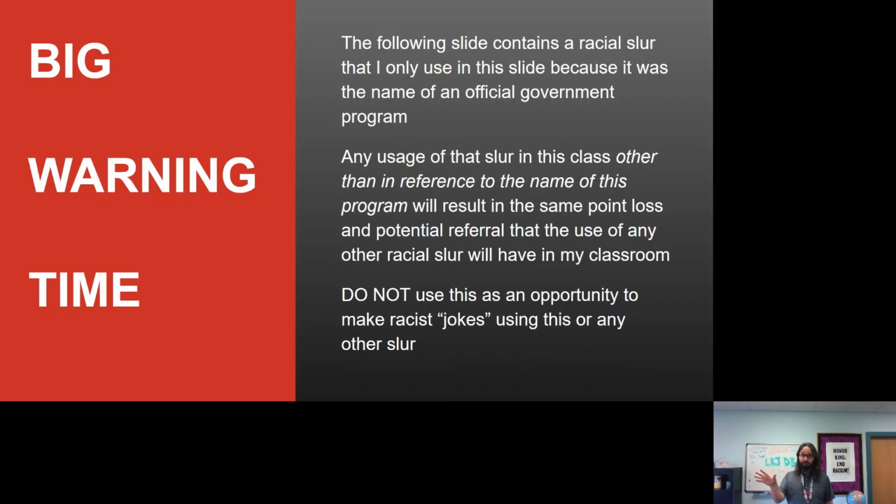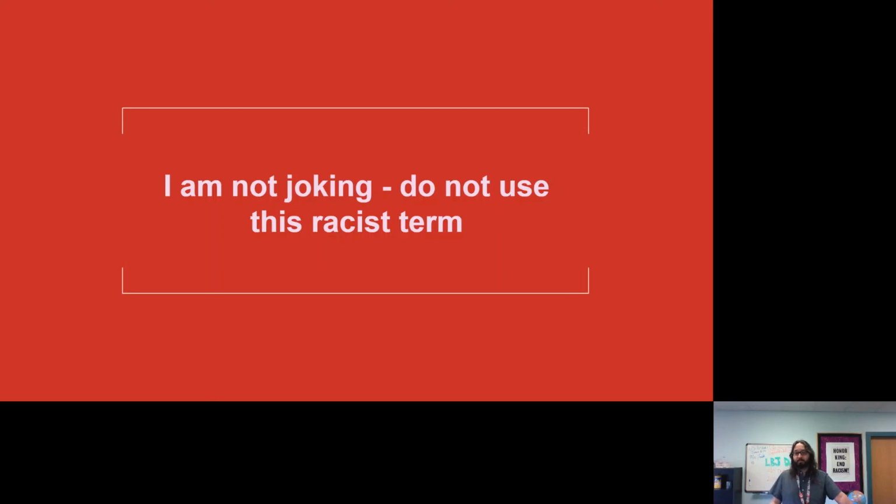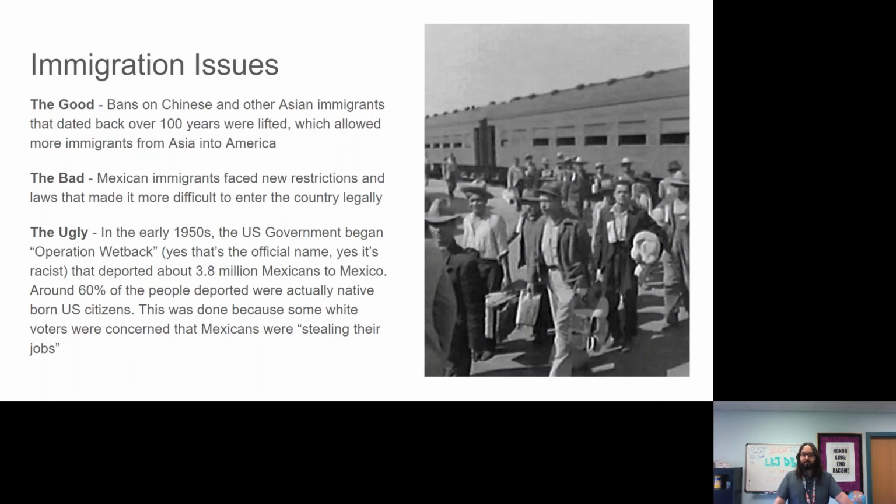So we're not using this name in class. This isn't the time to joke about it. When we talk about this in class, we're not doing jokes, and I'll give this fair warning again when we discuss it in class. We're not using racial slurs in the classroom, not as a joke, not as anything other than describing the context of the situation. And even then, we're gonna do our best not to. So we're not using the racist term, other than to name it this one time.